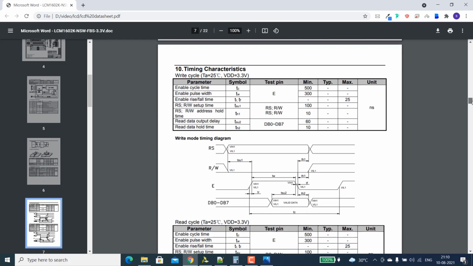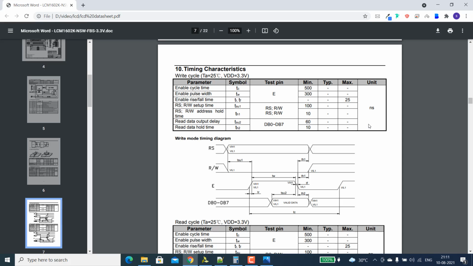So we have a timing diagram here. This is the timing diagram required for writing data to the LCD. We have to keep the read write mode low. That was already kept low by default. The most important part is the enable pin. We have to make enable high and send some data on the data bus, then make enable low and keep the data for some time, and again send another data. Like that we have to send the data.